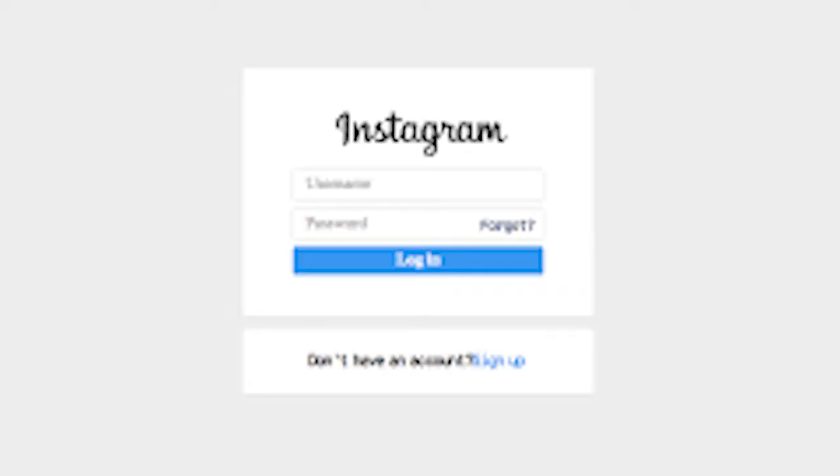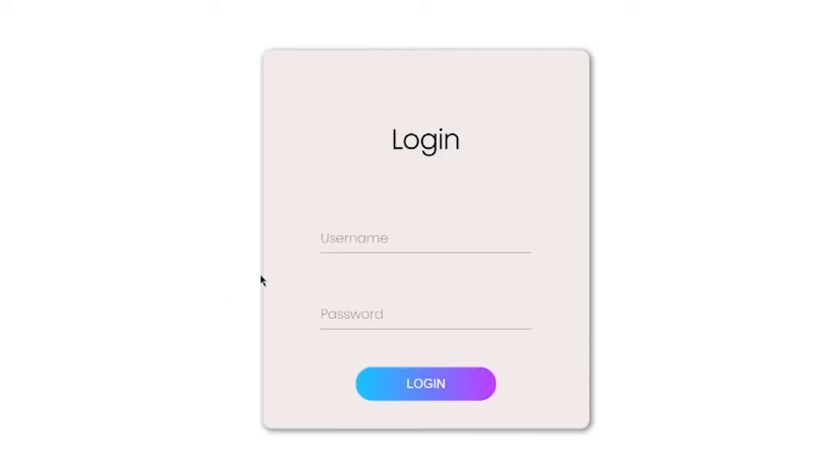Hello there. Aren't you tired of seeing forms like this? Well, fear no more. In this tutorial, we're gonna learn how to make a form look